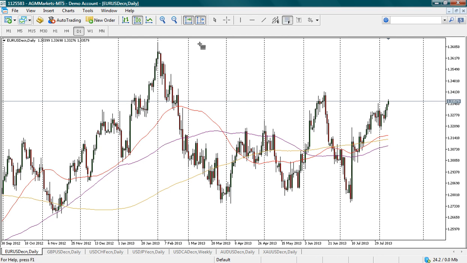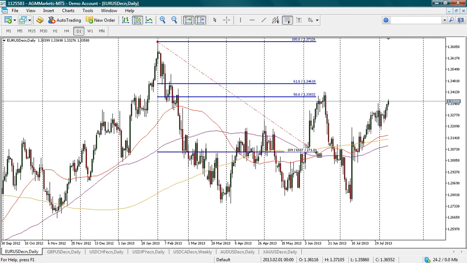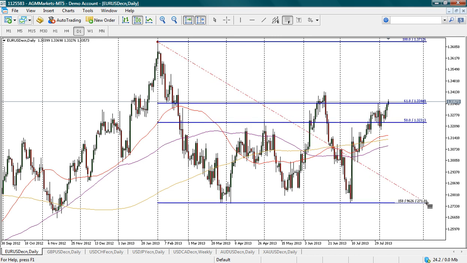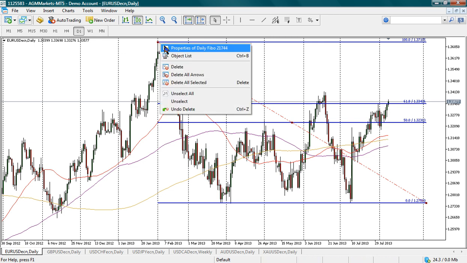In terms of key fib that I'm keeping my eye on, is this big one here. That's from the 1.37 highs to the 1.27 highs. We're currently floating around the 61.8 at the minute. We had that spike there. That held for a very brief period, and we've come back up and we're currently above it. So a daily candle close above this 61.8,